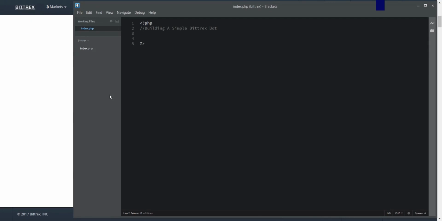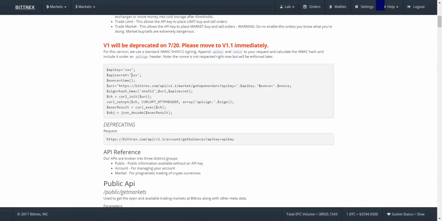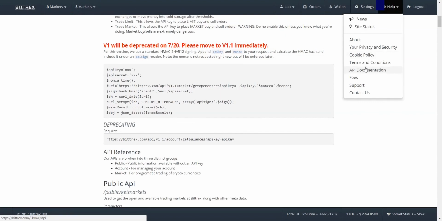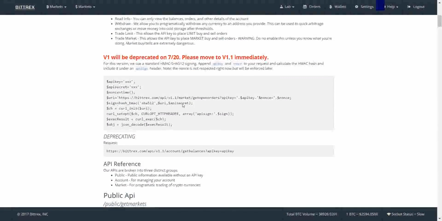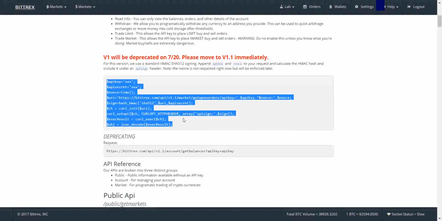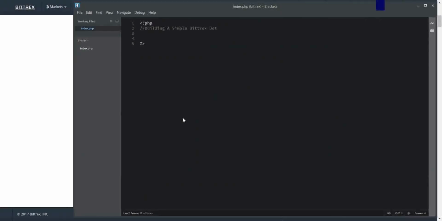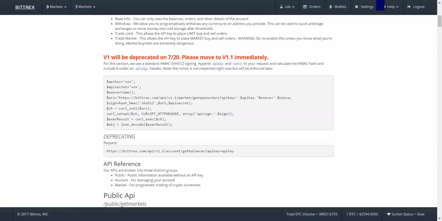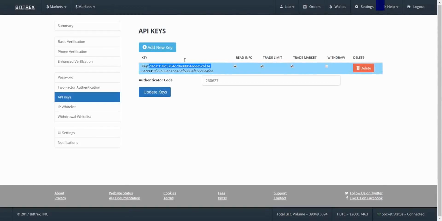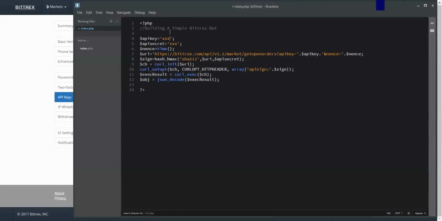Alright, and if you haven't already, create a new PHP file and go over to Bittrex's API documentation area. It's under the help menu under API documentation. You scroll just a tiny bit down the page and you'll see this example. And we're just going to copy this whole thing and we're going to stick it in our file here. And then you'll see API key and API secret. So we're just going to grab that from over here. So here's our key. Put that guy in. And then we'll grab our secret